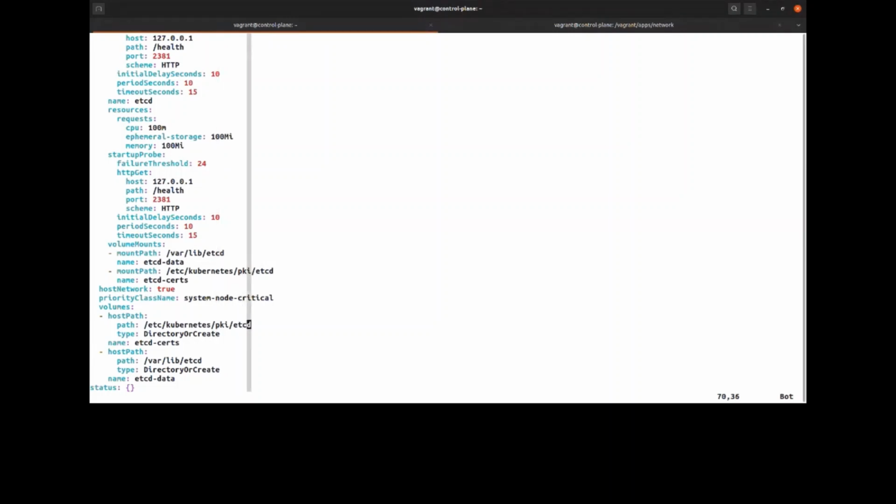Now, if you are doing a restore and you changed where the data directory is, you need to change the host path here. You don't need to change the etcd certificate, but you need to change the etcd data. And the moment you change the etcd data,